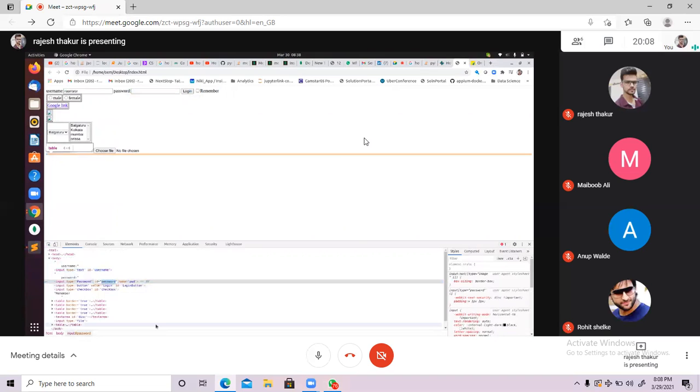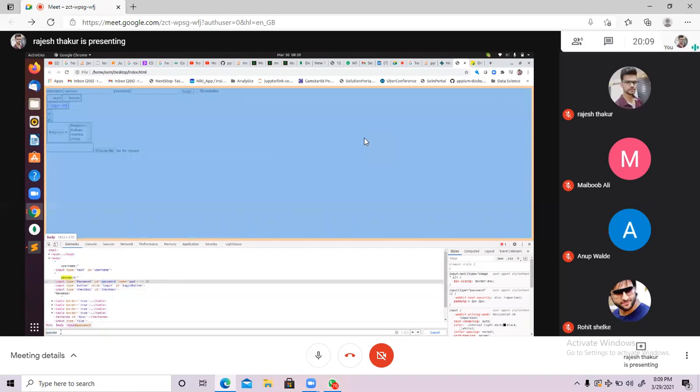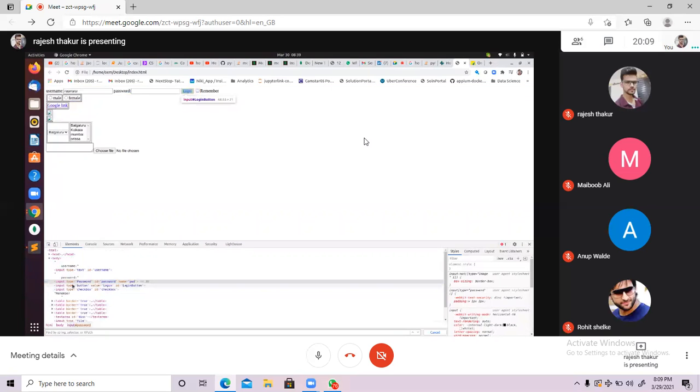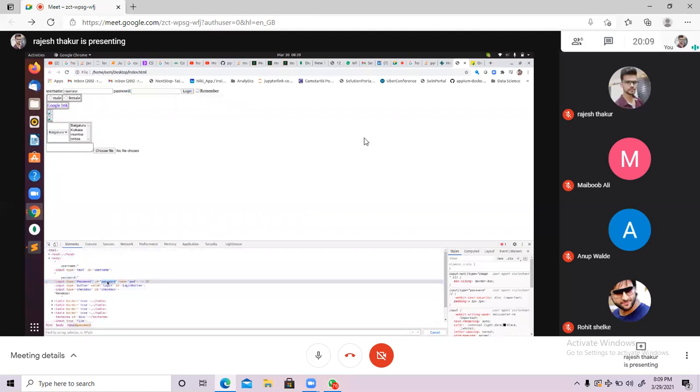Okay, so let's understand how to write it. First identify the element, right? So let's understand how to identify the element. Okay, Control F. If you want to write an XPath for that element, then what to do? Press Control plus F. This is the option to identify the element. Now remove these things, and now see, to identify the element we have to write a syntax. So with the ID, if you want to identify the element, the ID is there, right? So you can identify the element with the ID. I will tell you how to identify the element with the ID.